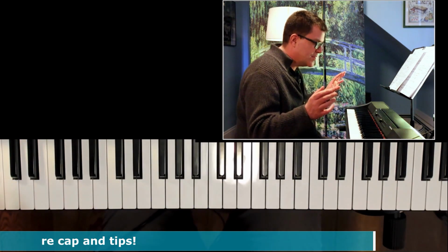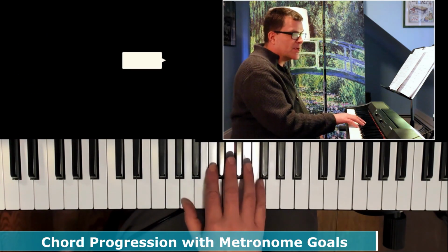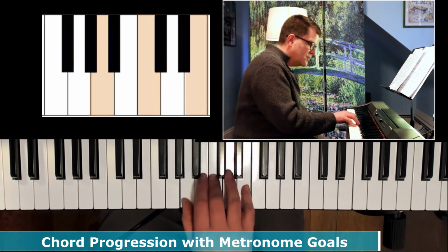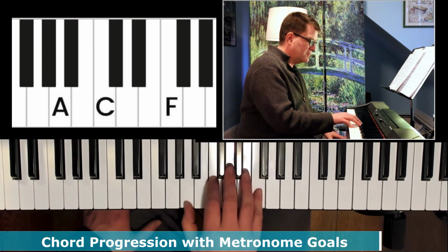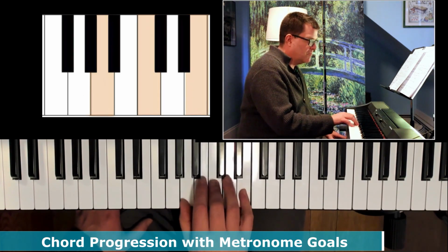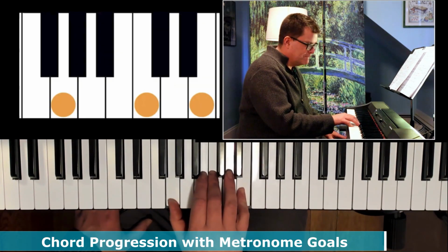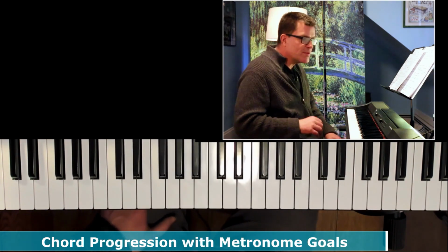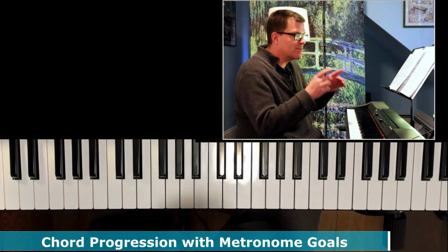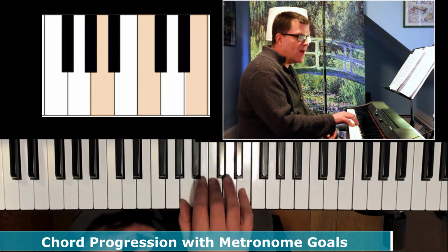All right, let's go to a chord progression, and I'll keep it there, and we're going to do this as a chord. We're going to play A minor, then F, and then we'll do C and G. So we're just going to do 4/4 time. 1, 2, to F. And once we can get that really well, we're not thinking about it, then we might add in some rhythms. But before doing that, notice with that rhythm we gave ourselves a little time. We went 1, 2, half note, F,